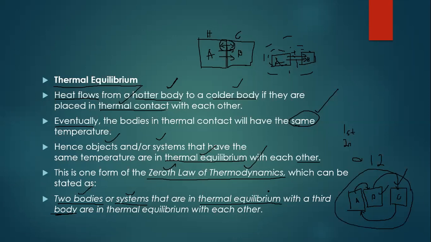What does thermal equilibrium mean? Thermal equilibrium means same temperature. If they have the same temperature, they are in thermal equilibrium. So if my temperature is 37 degrees and Sante's temperature is 37 degrees, then we are in thermal equilibrium, because we have the same temperature. If it happens that Simbarashe also has 37 degrees, then Simbarashe, Sante and I are all in thermal equilibrium.